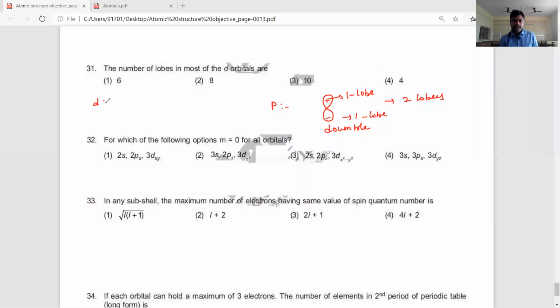Now come to the d orbitals. Most of the d orbitals like dxy, dyz, dzx,